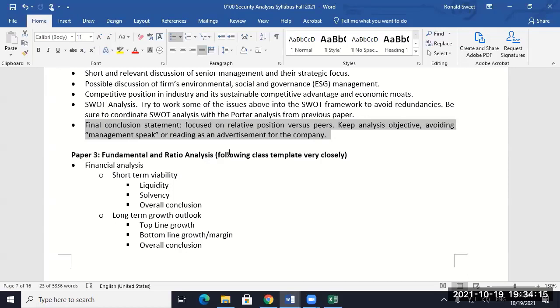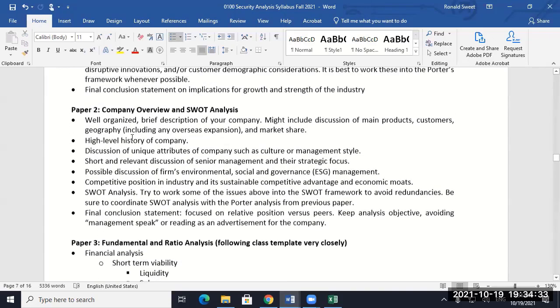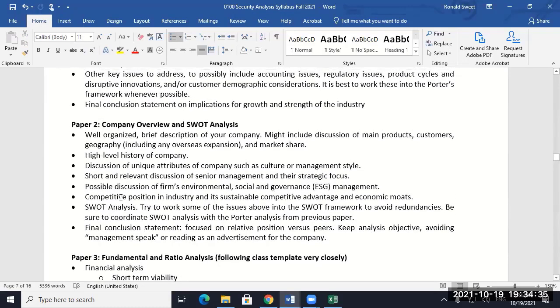So if you don't think they're a good company, my guess is you picked a company because you like them. So you probably came in with that bias anyway. But if you're starting to say, man, I'm just not sure they have anything that distinguishes them, that really gives them any advantage, then put that in the paper here. All right, that's paper 2. Can y'all handle paper 2?